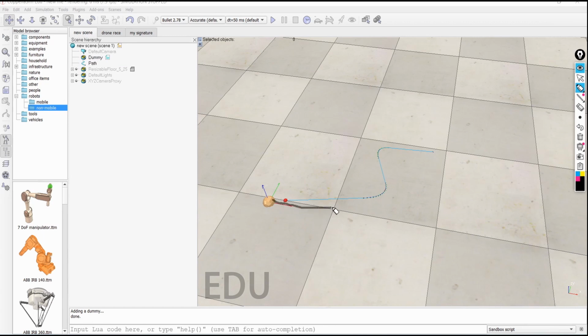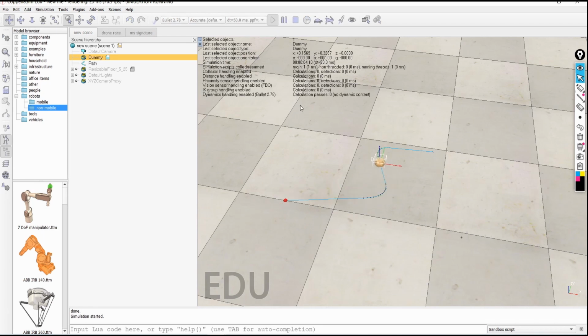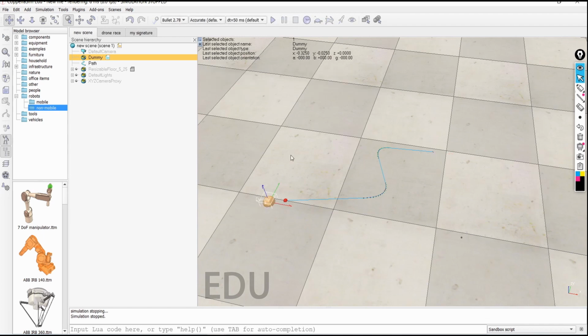When this robot moves along this path, this will only change x, y, z, not the orientation, meaning it will not change the rotation values. So you can see this object is following the path. I hope you understand this basic logic. This much logic is all that is needed to make it work.